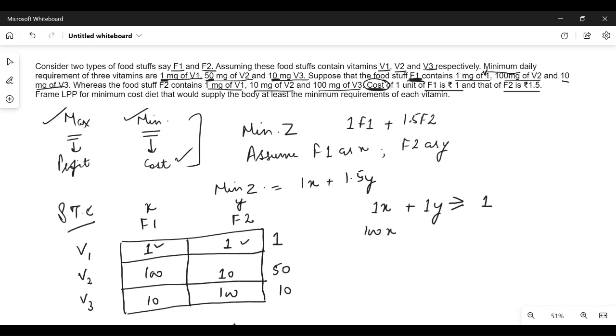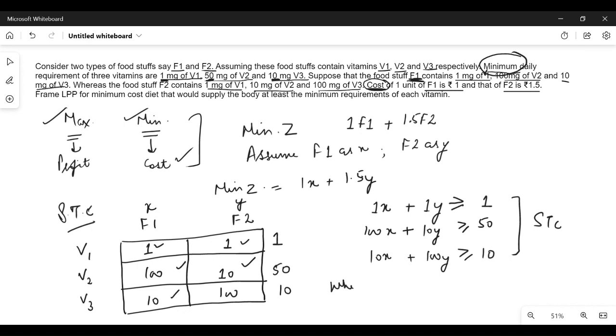In the same way, it is 100x plus 10y, which is greater than or equal to 50, because here the word minimum daily requirement is given. And then 10x plus 100y is greater than or equal to 10. So these are my three subject to constraints, and we can write whereas x and y should be greater than or equal to 0,